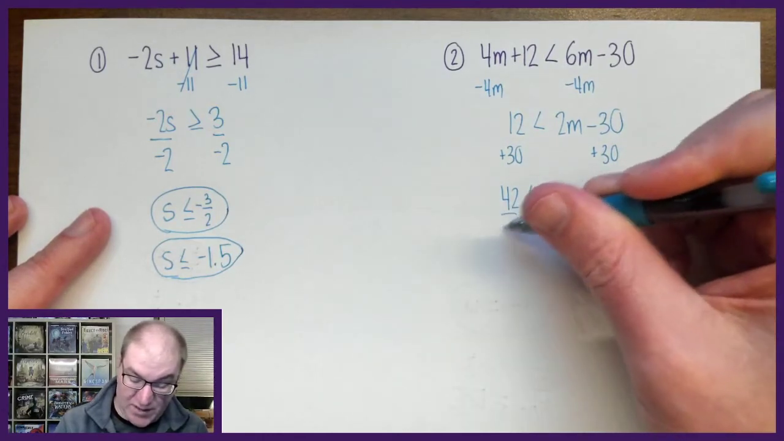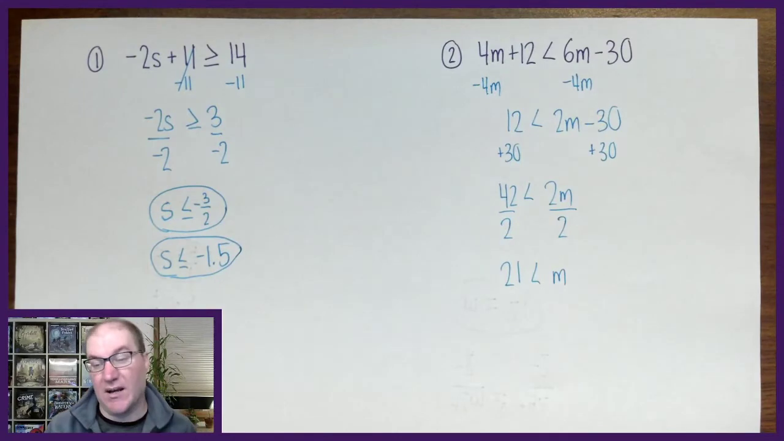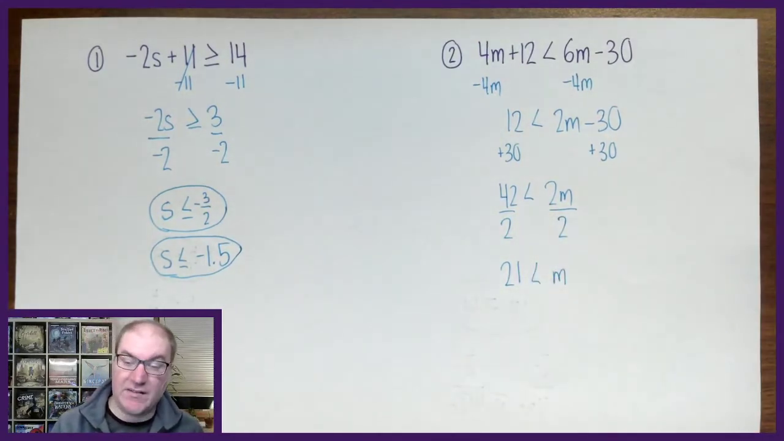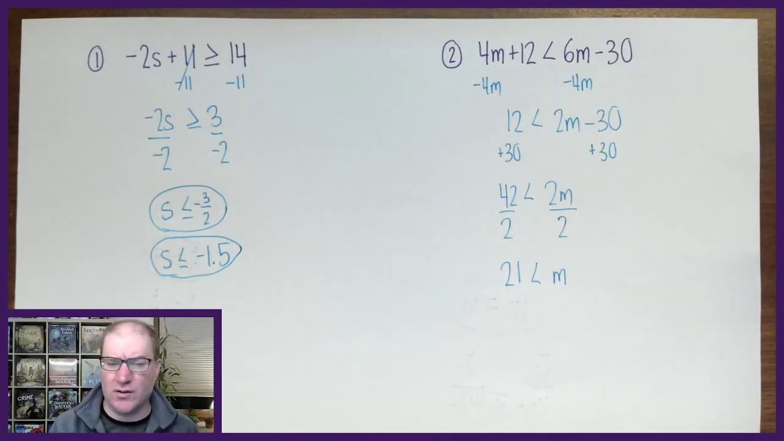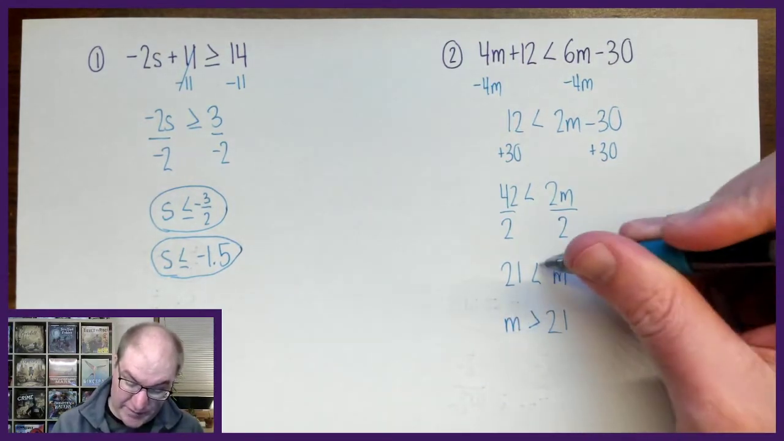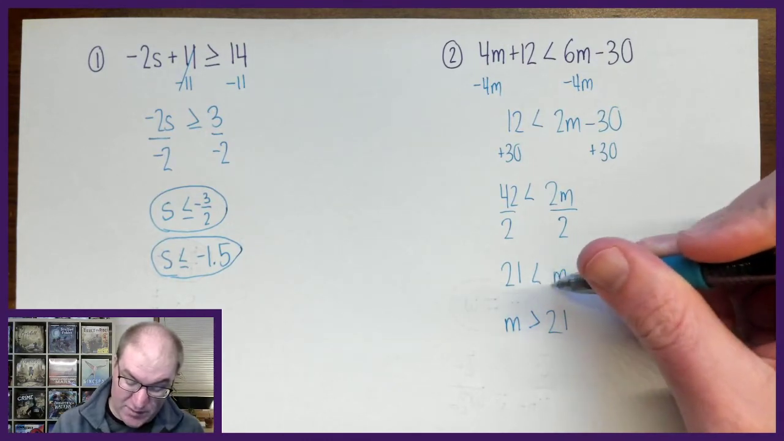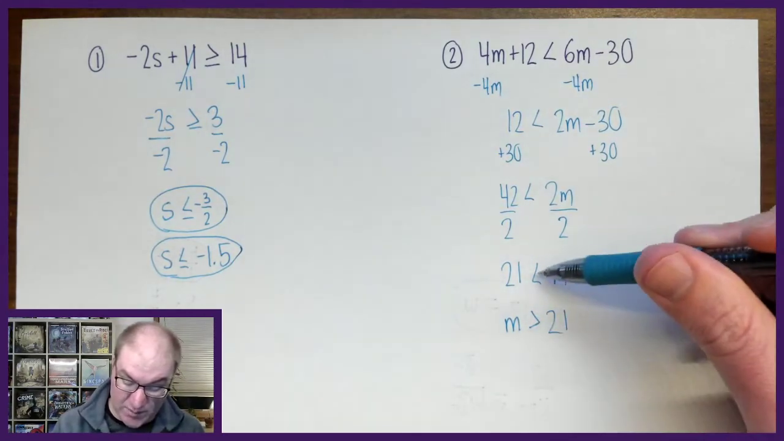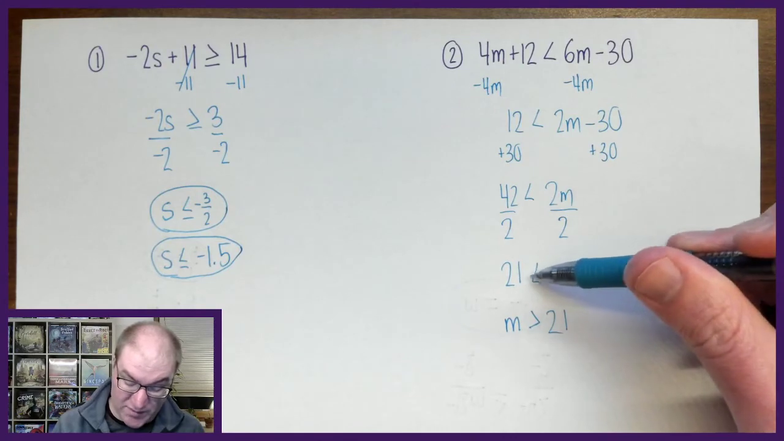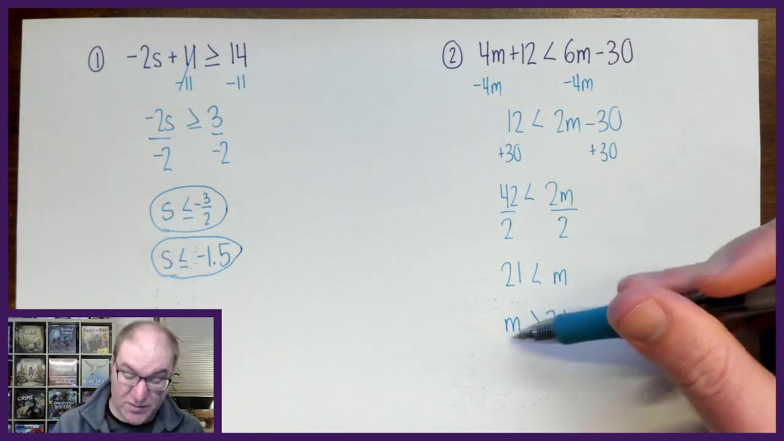Last step is divide by 2. And get 21 is less than m. This is the final answer, but if it's out of order, if you don't like the way it's written, you're allowed to switch it. Just make sure that the inequality sign is still pointing towards the same number, right? It said 21 is the smaller of these two, and if I change the order, 21 is still the smaller